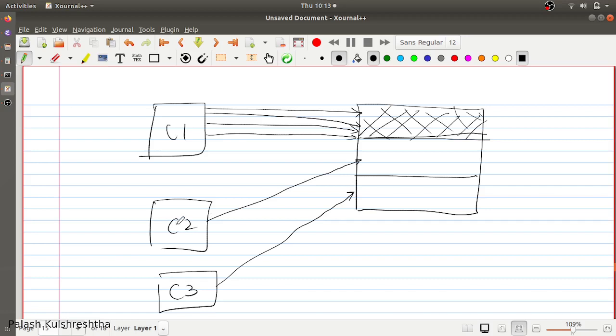And C2 can continue to make requests to your service, consuming its own compartment, and C3 is going to do similarly. So if the resources for the C1 compartment are choked, it is going to impact service consumer C1 only. It is not going to impact C2 and C3 because they have separate compartments.